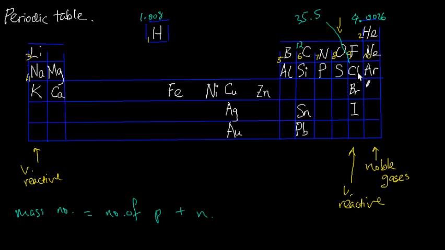remember in the last video I talked about how atoms can have different numbers of neutrons. Right? An atom can have different numbers of neutrons, and with chlorine, for example, chlorine can have a mass number of either 35 or 37. So some chlorine can have 2 extra neutrons compared to the other chlorine, and the chlorine atoms that have a mass number of 35,